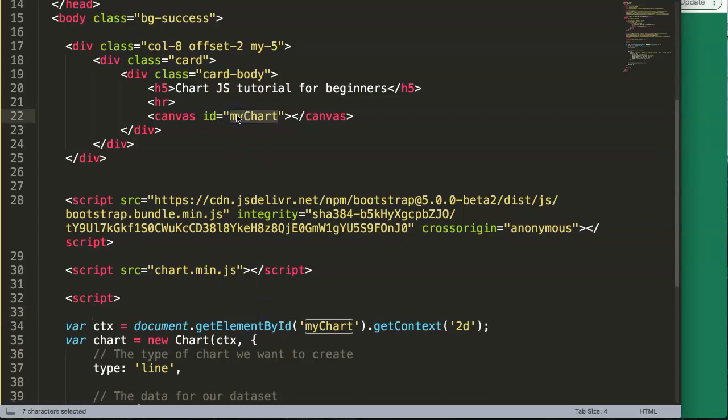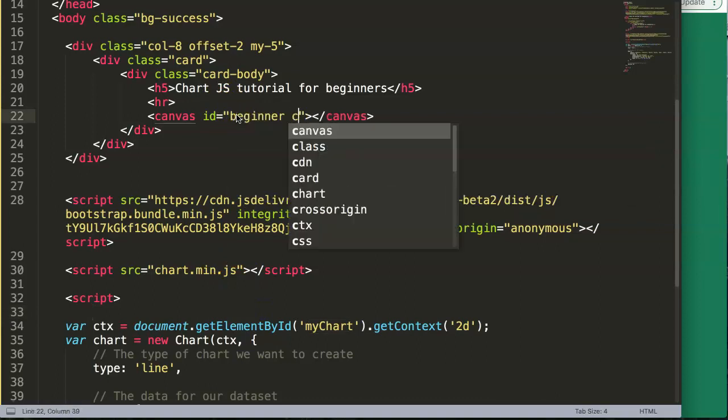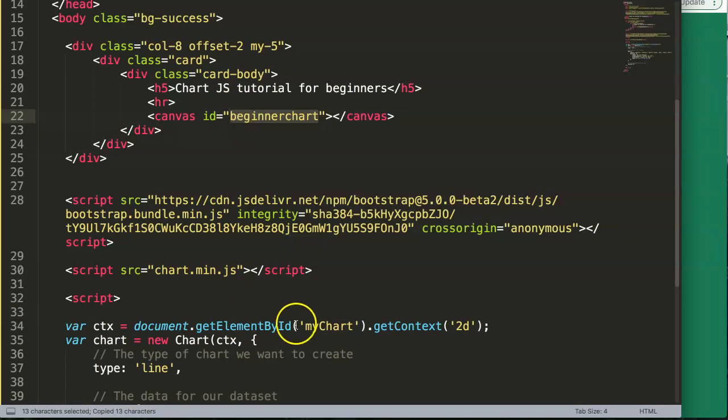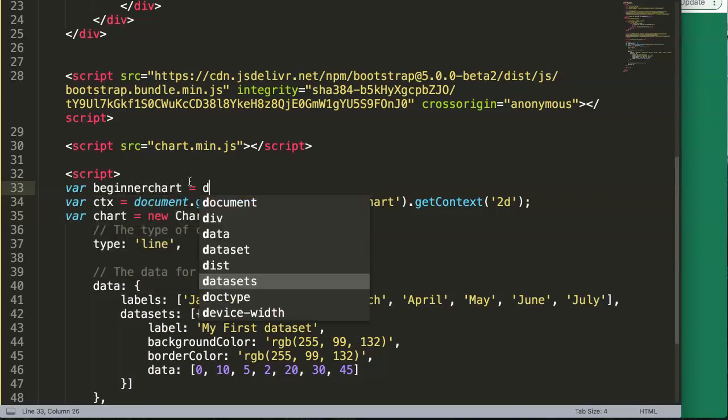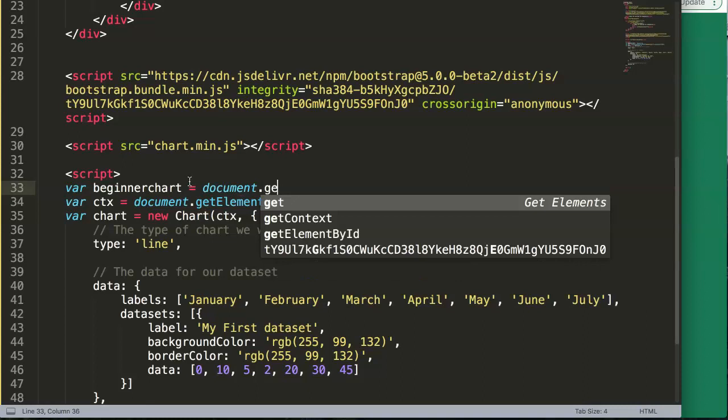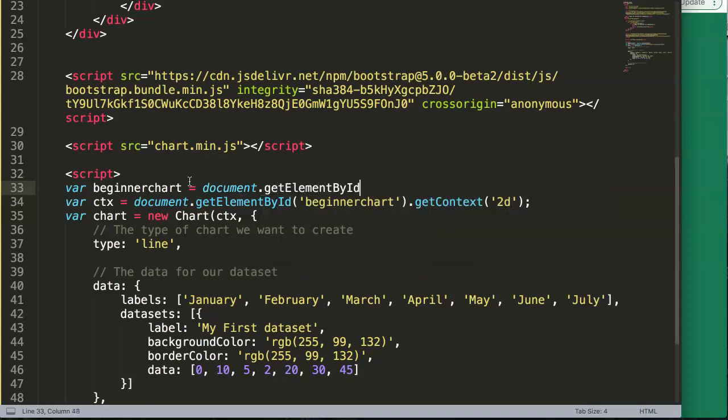If you want to change this, let's say we say beginner chart. We can change this here. Make that beginner chart, and this we can adjust as well. We can change it to something else, or we have a new variable, we would say variable beginner chart as well. Maybe we want to have that equally. The document.getElementById. What's the ID? In this case, it's the beginner chart,